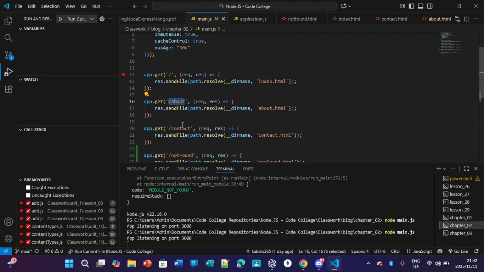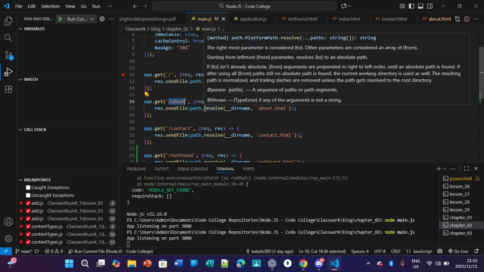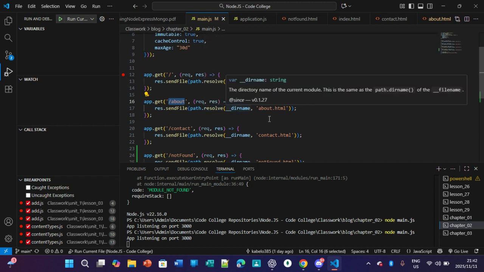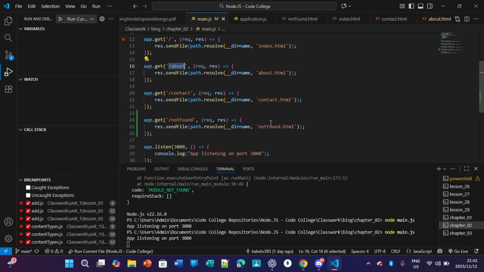So about, parameters, then you've got path.resolve. This takes a parameter and resolves it. That's what it does. And then you've got about.html.